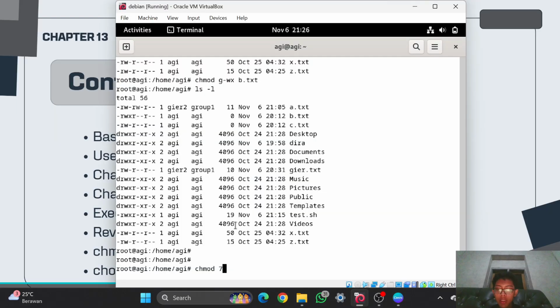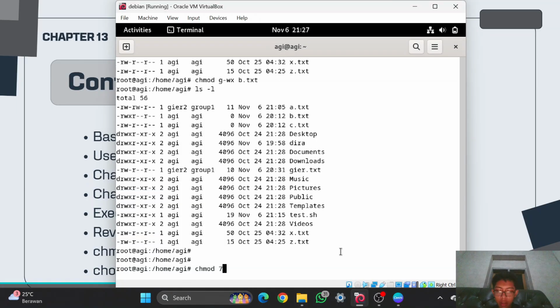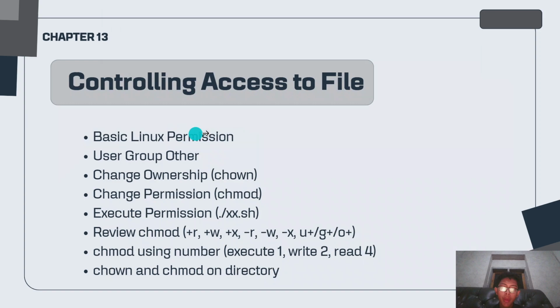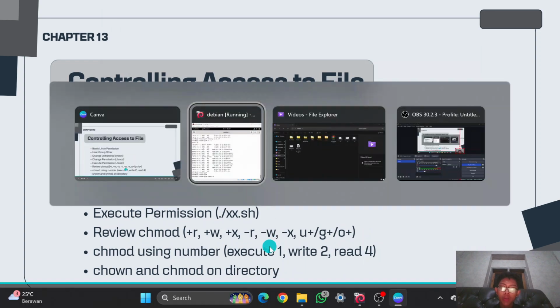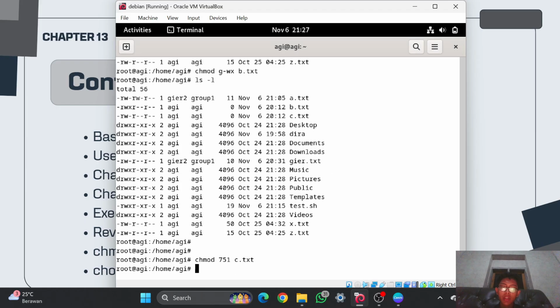So that means it is 1 plus 4, which is 5. That is for the group, the second one. And for the other, I just want to give permission to execute. That means it is only 1. Then the name of the file, which is c.txt.